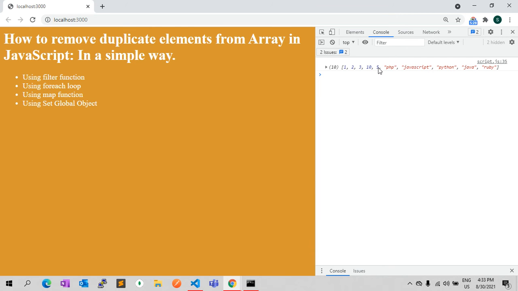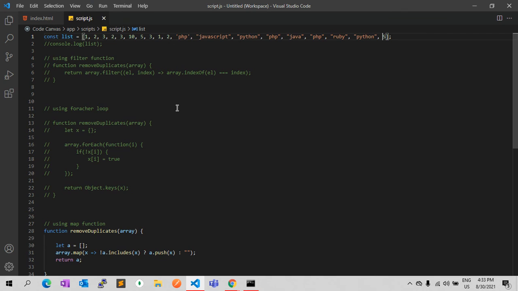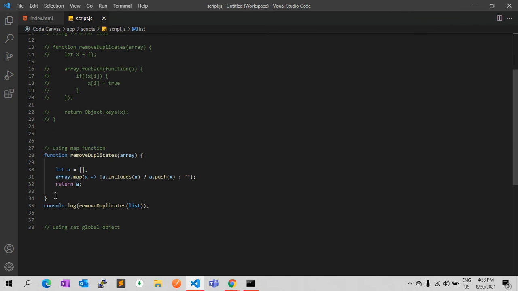So this was using map function. It will be a little bit slower as well.